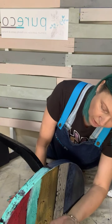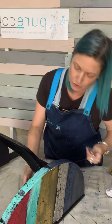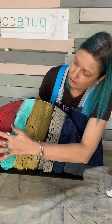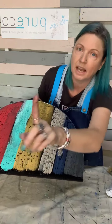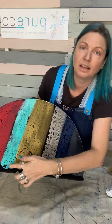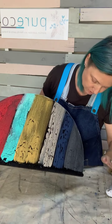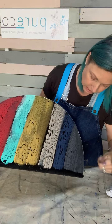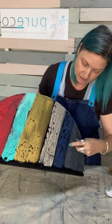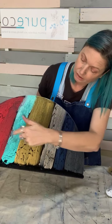So yeah, the paint's not quite dry even. Oh yeah. So if your paint is still wet with the crackle, I'll show you. You really do have to wait before you do anything else and seal it, because if it's not dry, it's just going to take the paint off. See there, it's just taken. So you do need to wait for it to dry before you do any sort of sealing or anything like that. So yeah, it works with all of our paint products, the pearl sealers, the stains, the metallics, and the